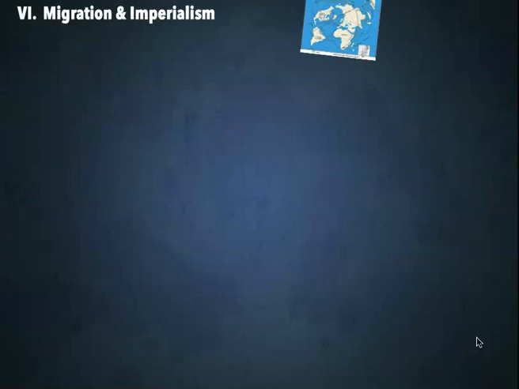All right, migration. We're shifting gears. Another section here, section 6, migration and imperialism. Let me get some stuff up here for you. So, labor systems that are being used. Migration is the idea that we're going to have people moving a lot during this era of imperialism. Some of them are going to be the Europeans, the imperializers, but sometimes it's going to be the imperialized